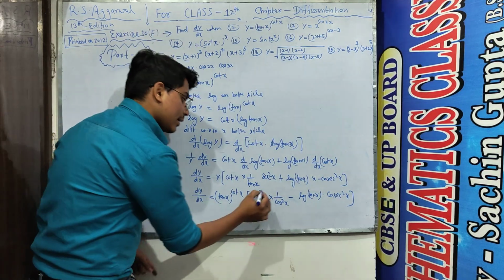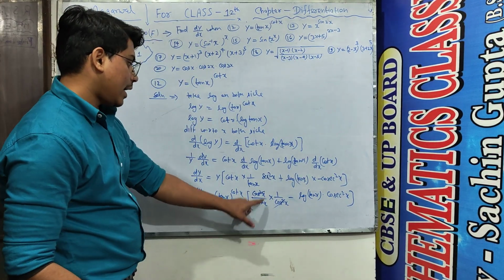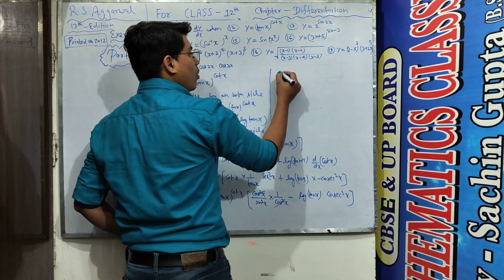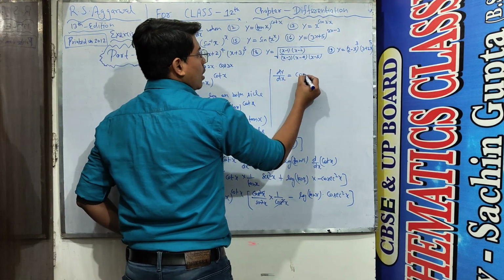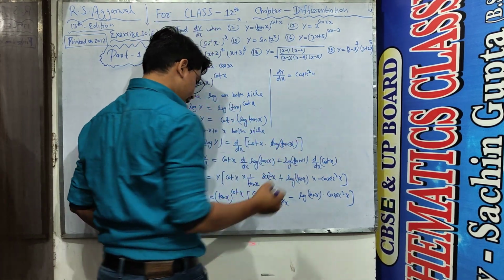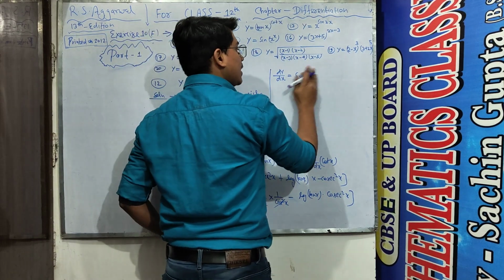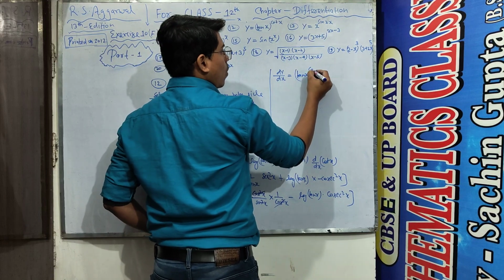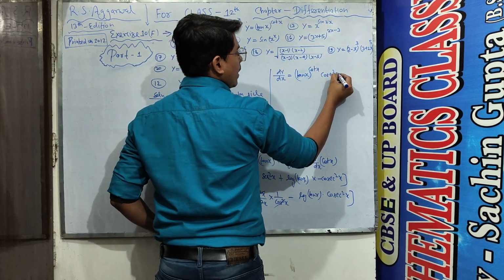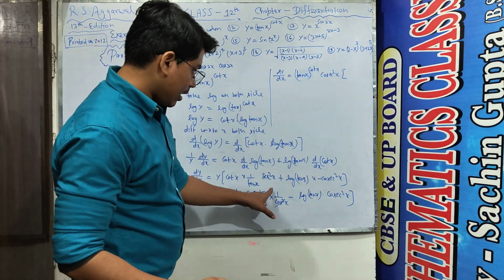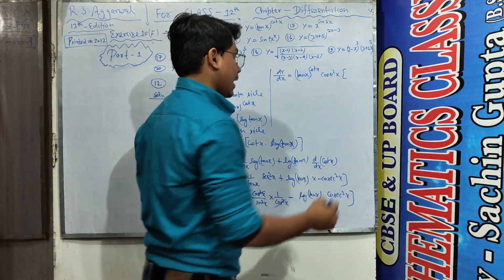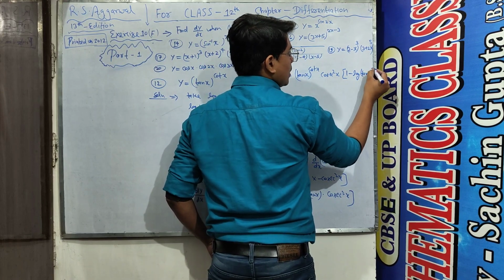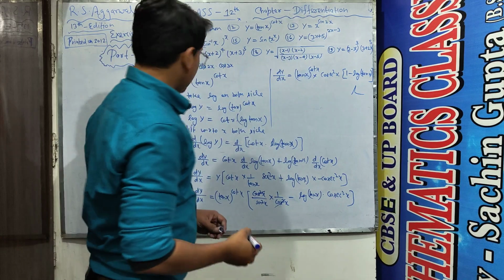Now this cos square and this cos square get cancelled with each other, and this sin square becomes cosec square. Take cosec square outside of this bracket, then the value of dy by dx becomes cosec square x goes outside, and I firstly write this term here, (tan x)^(cot x), and cosec square I take common. Then inside the bracket, here remaining is 1, and here remaining is log tan x, then it becomes 1 minus log of tan x. This is our answer of question number 12.